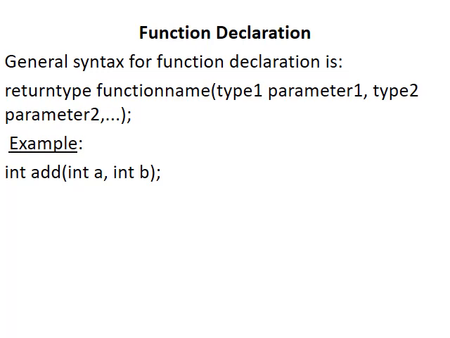Now in case some functions may not return any value, in such cases we can mention it as void. So here the return type can be void, integer, float, character. Whatever basic data types we have seen, it can be any one of those. Function name specifies the name of the function. Then we have the list of arguments or the input values. Here we mention what type of input it is, that is type 1 is nothing but the data type, then the name of the argument or the parameter given over here.